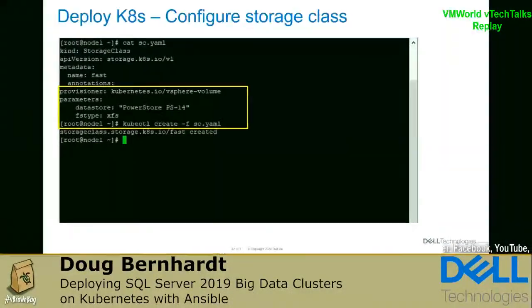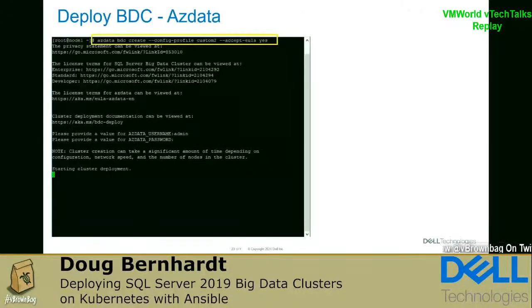The final step before deploying the application is to create a Kubernetes storage class. This references a storage provider installed with the cluster, and it points to the data store we wish to use as well as the file system. Here's an example of the storage class definition, and it's created using the kubectl command. Now that the cluster configuration is complete,